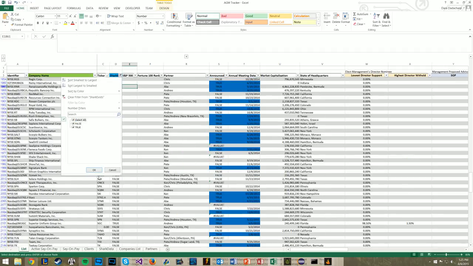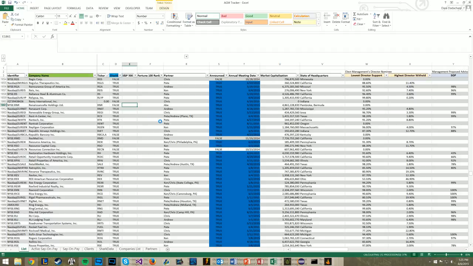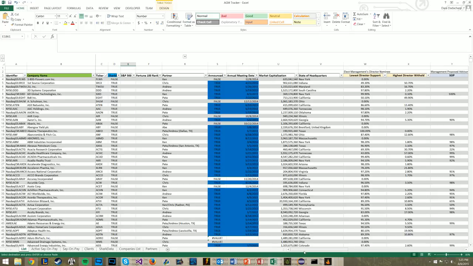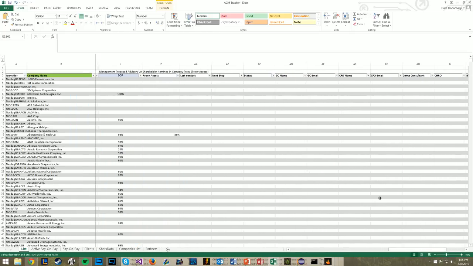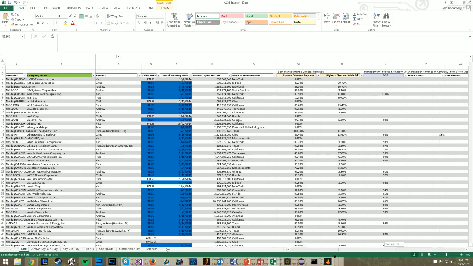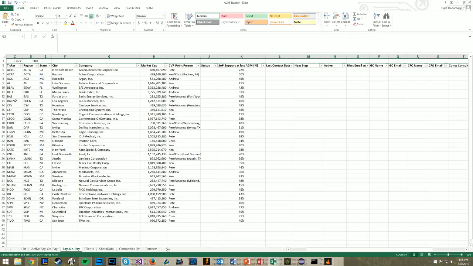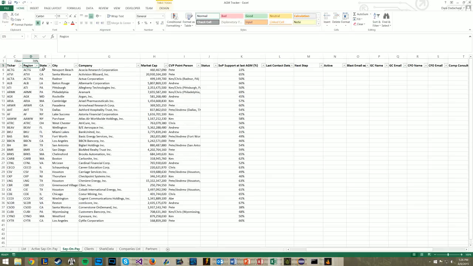Now let's unfilter this. And now we'll look at the business development tracking piece of this. First of all, let me talk about where it's stored and where you'll look at it. It's all stored here. This is where your actual values are going to be, but you can look at it and change it elsewhere. So if we come here, this is your scanner tab. This is where you can say, all right, I want to see anything that's below 50%, say on pay. This is scanning for say on pay. You can change this to 70 to